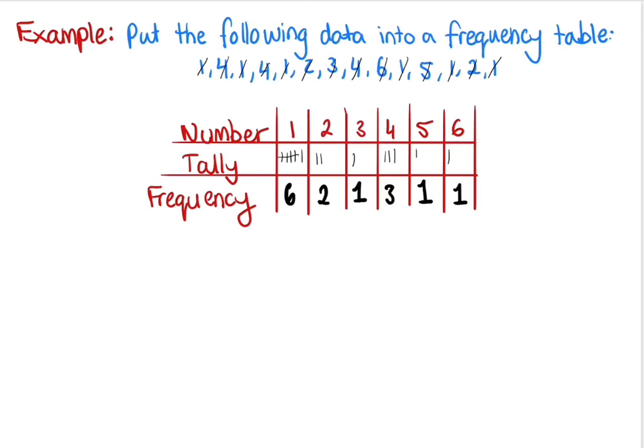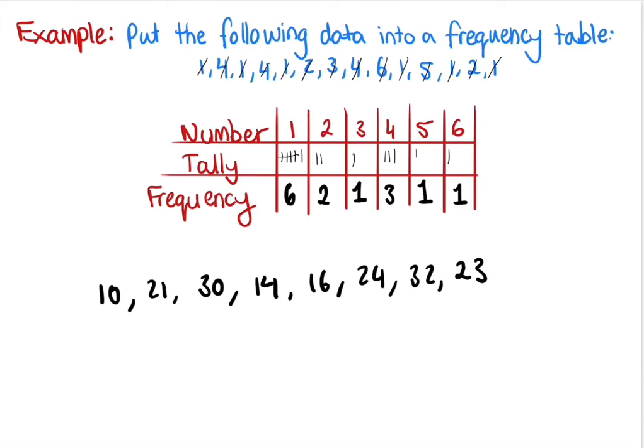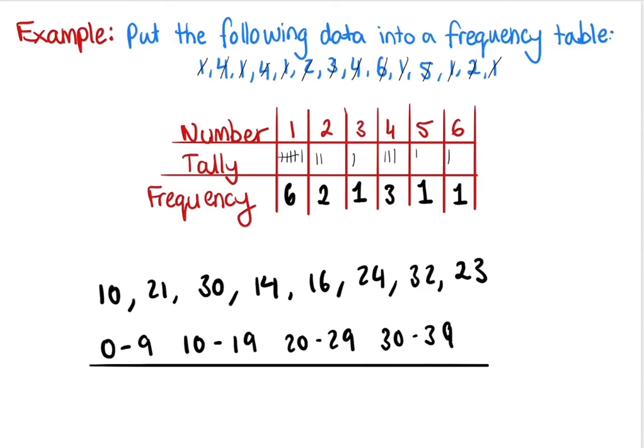The only other example I can think of that you may come across is, let's say you get given numbers like 10, 21, 30, 14, 16, 24, 32, 23. Sometimes you'll be asked to do ones like this and you'll have to group them. Often they'll go 0 to 9, 10 to 19, 20 to 29, 30 to 39. Sometimes they'll ask you to do these types of ones, where when you tally them,